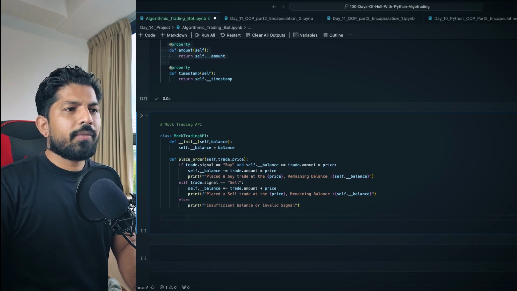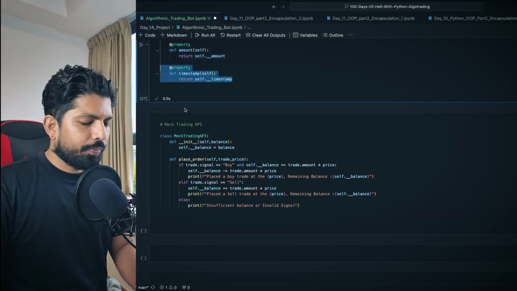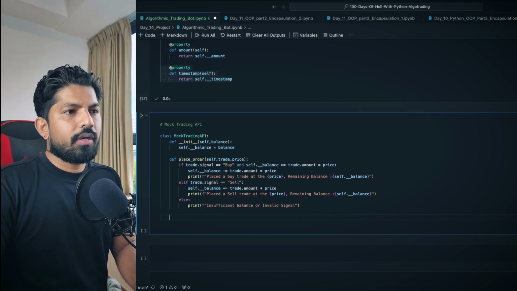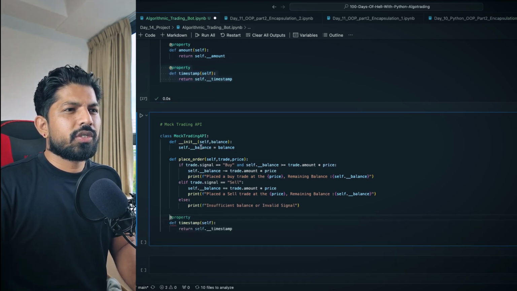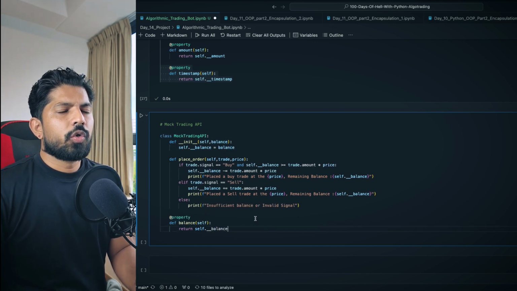So now again, one more thing, you can also return this attribute with the help of the getter and the decorator. So I'll write here, and I'll change this to balance, and here also balance. Now I think we are good to go.